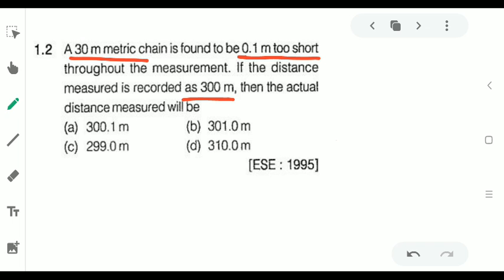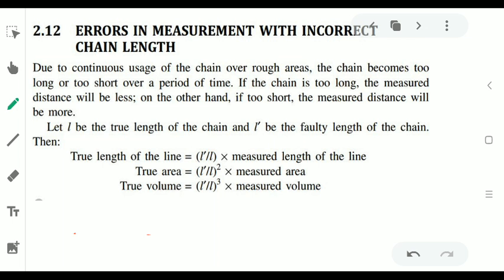तो पूछा गया है क्वेश्चन में, what would be the actual distance. सो इन दीज केसेस वेयर द चेन लेंथ इज़ इनकरेक्ट, क्या होता है कि जब हम चेन कंटिन्यूसली यूज़ करते हैं ओवर रफ एरियाज, चेन आइदर बिकम टू लॉन्ग और टू शॉर्ट. सो अगर चेन टू लॉन्ग होगा देन द मेजर डिस्टेंस विल बी लेस, एंड अगर टू शॉर्ट होगा तो इट विल बी मोर. सो इन दीज केसेस द ट्रू लेंथ ऑफ द लाइन